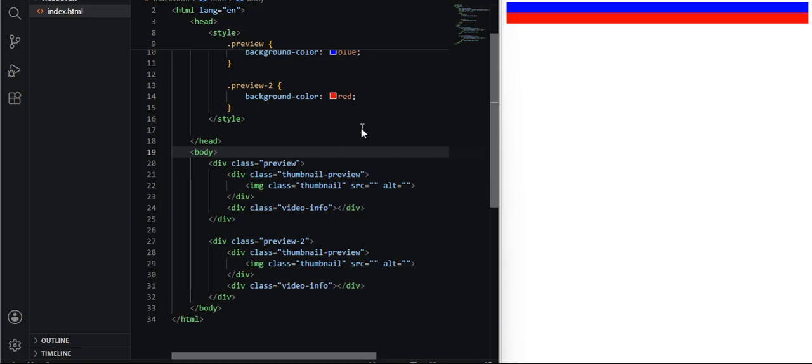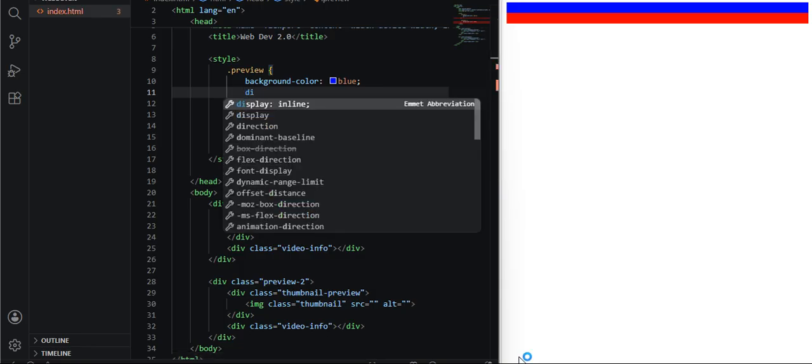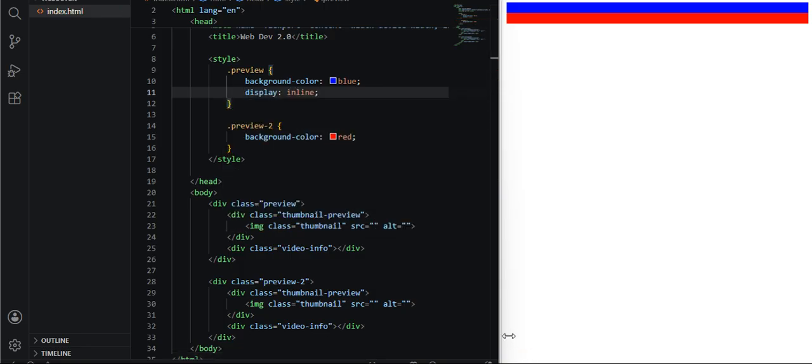But then look at another thing here. If I change the display as an inline,